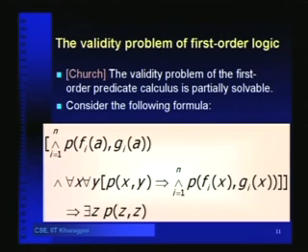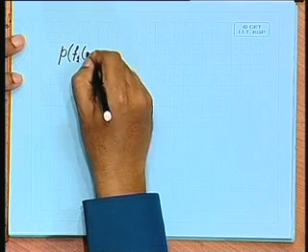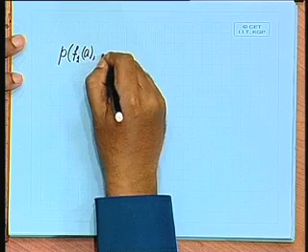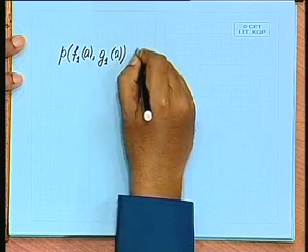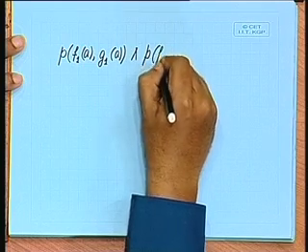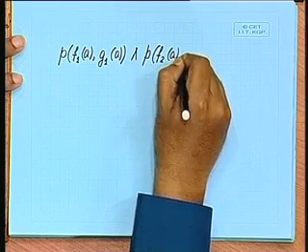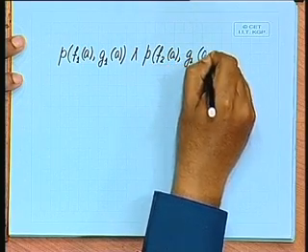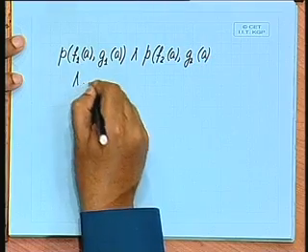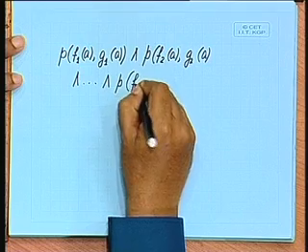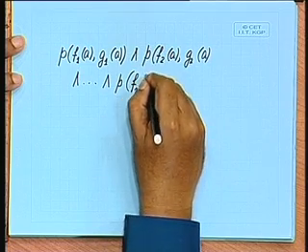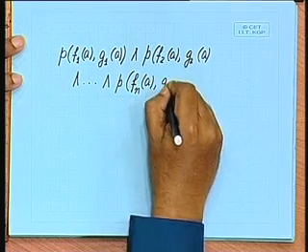So, this has P(F1(A), G1(A)) and P(F2(A), G2(A)), and like this up to P(Fn(A), Gn(A)),